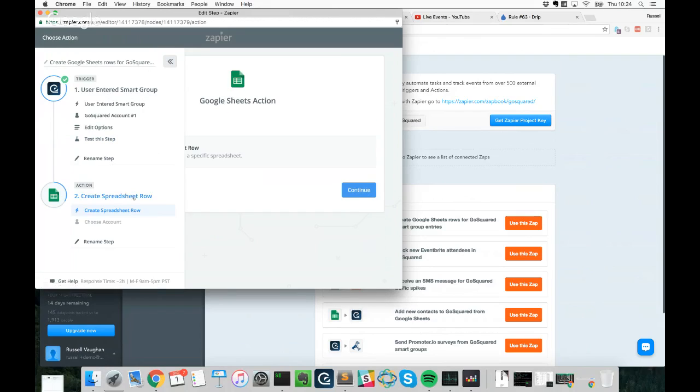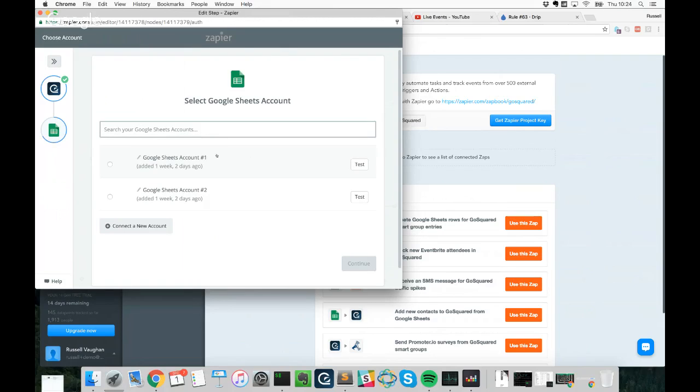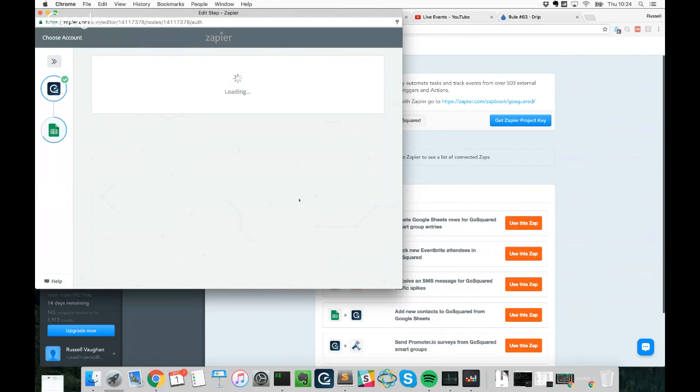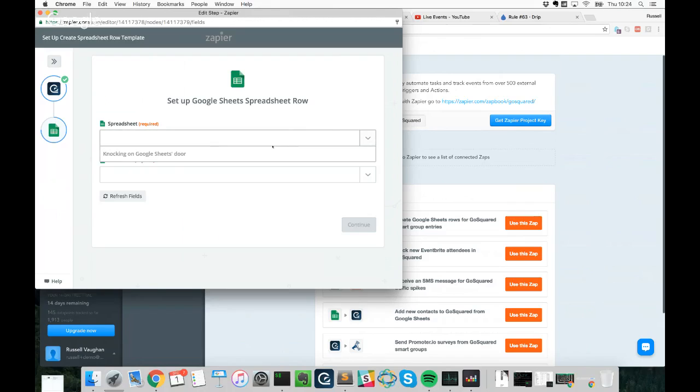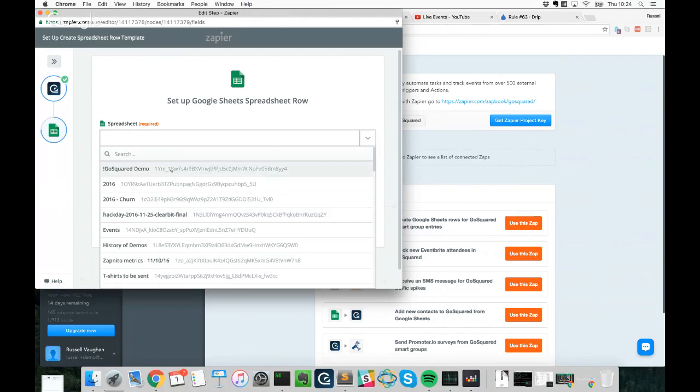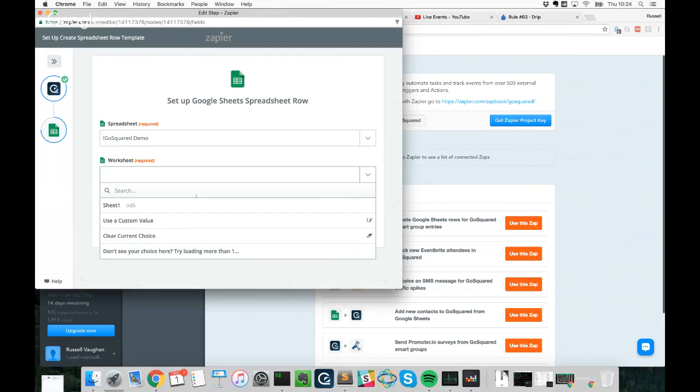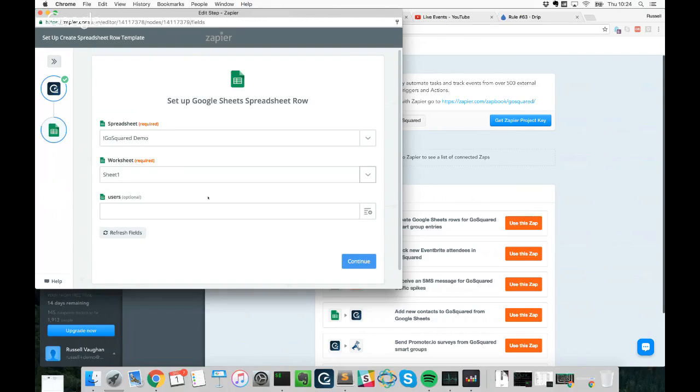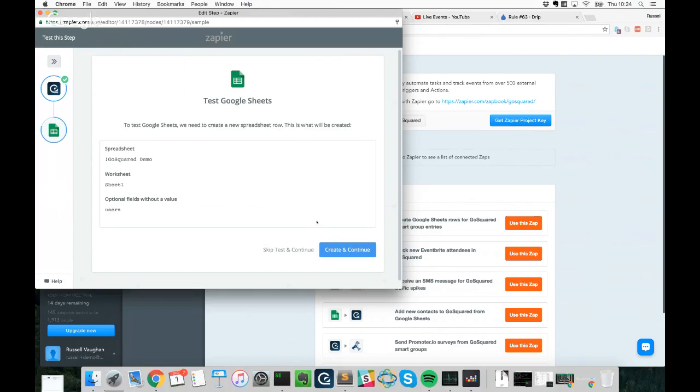And then if we jump into our action, in this case, again, is just create a new spreadsheet row. We'll click Continue and link it to the right account. Again, Continue. We'll pick the spreadsheet. In this case, we're just going to pick our demo worksheet. And we're going to select the specific sheet, and then we can say which row we want to add it to. I've got a preset of one just called users, and we click Continue, and create and continue, and that's it. So effectively, whenever one of our most active users or someone falls into our most active user smart group,